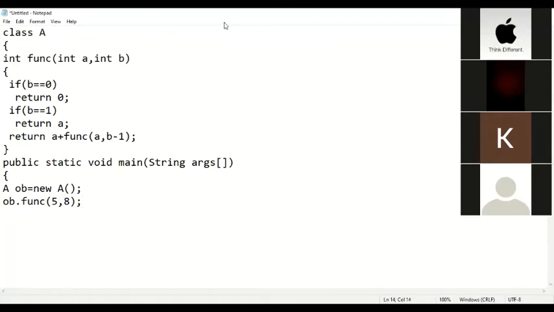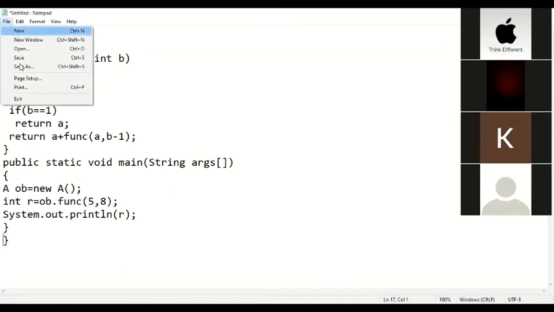It is already in the question, so I am calling its value. Is it okay? Now, since it is returning a variable of integer type, so I am taking here int r equals to this. And here I am going to print system.out.println r. Is the program clear? Is the program clear to all?